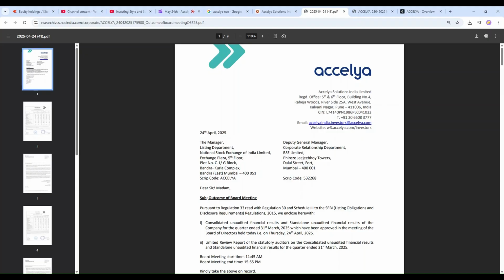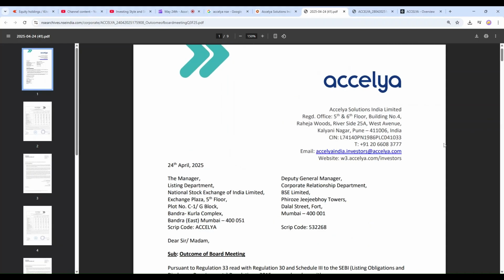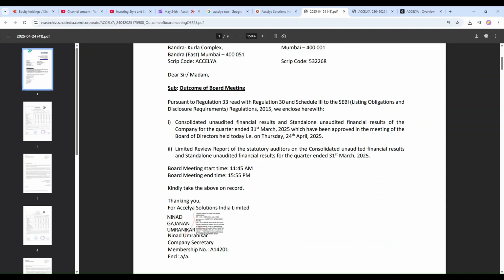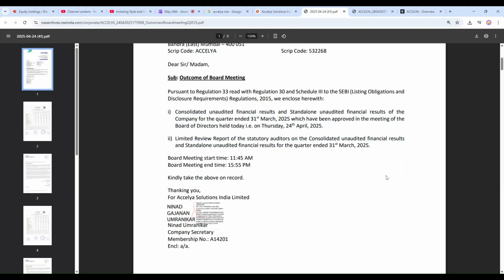Now, Accelya provides accounting software solutions to global airline companies. This is listed on both BSE and NSE. Let me zoom this. So they had their board meeting last month on the 24th of April. So it's exactly 1 month now. So let's go through their